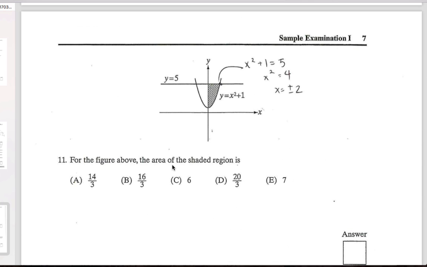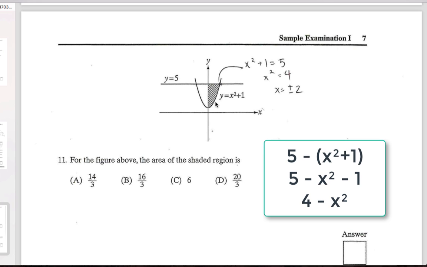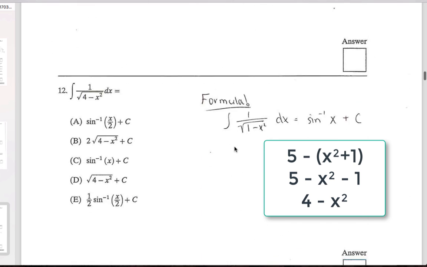Find the area of the shaded region. So that would just be, of course, you need to go from here to this point here. So we need to find this intersection point. So you set the two equations equal to each other. x squared plus 1 equals 5. We get x equals plus or minus 2, but clearly we're just going from 0 to 2 in this case. Then we would do top curve minus bottom curve. So it would be the integral from 0 to 2 of 5 minus (x squared plus 1) in parentheses. Don't forget to distribute that negative sign, and then you would find that antiderivative and get the answer.